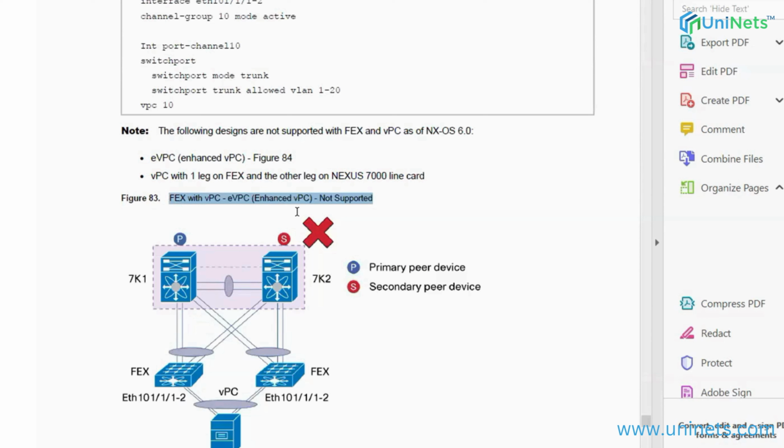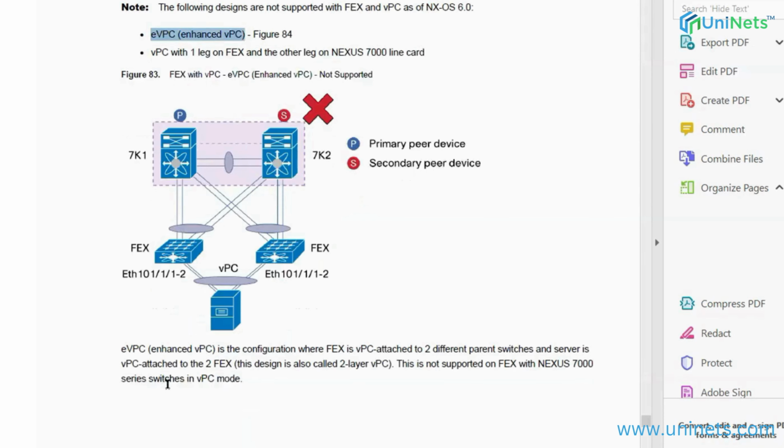Enhanced VPC not supported. Please be one क्योंकि long backs. मैंने पहले वो वीडियो देखी थी, फिर मैंने फाइंड आउट किया तो मेरे को ये मिला था, तो इसलिए 5K के साथ सपोर्टेड है। अगर 2K कर रहे हैं हम तो वहां इशू नहीं है।